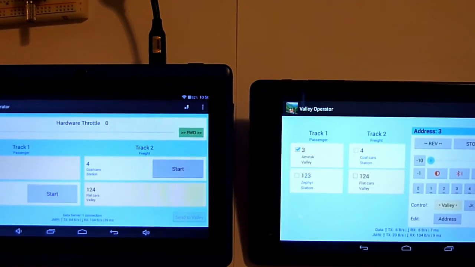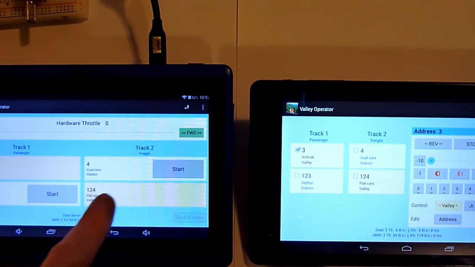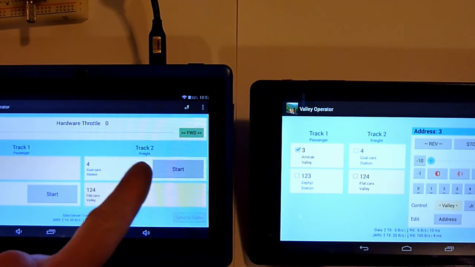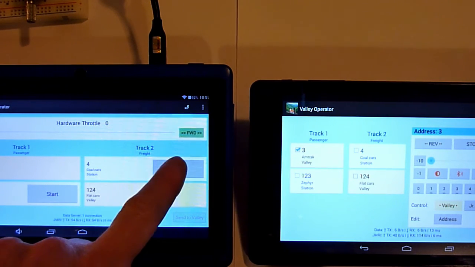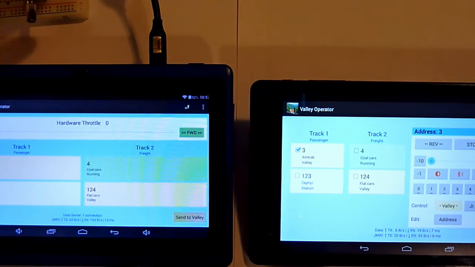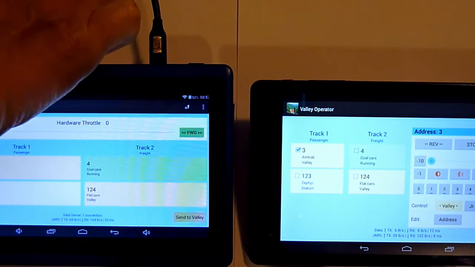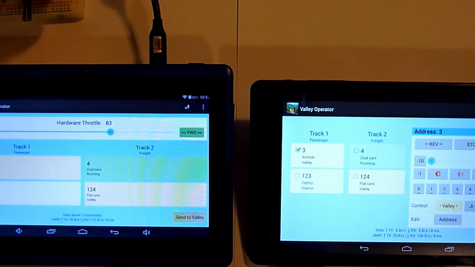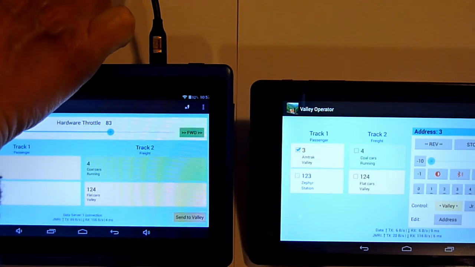So this is a summary of my setup. To finish, I'm going to demonstrate it again. So in this case, say we select the freight train, so the mountain operator says start here. We control the throttle here. Okay, let's go super fast or something. That's going to be a better hardware one after, of course.